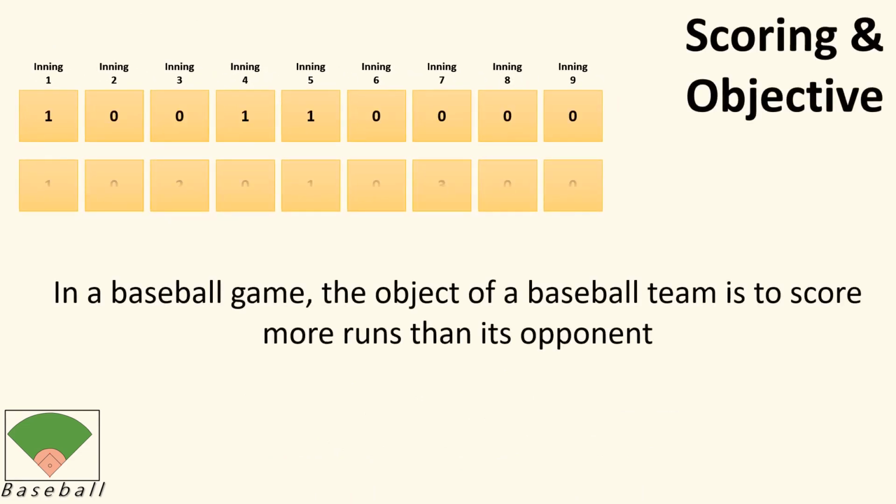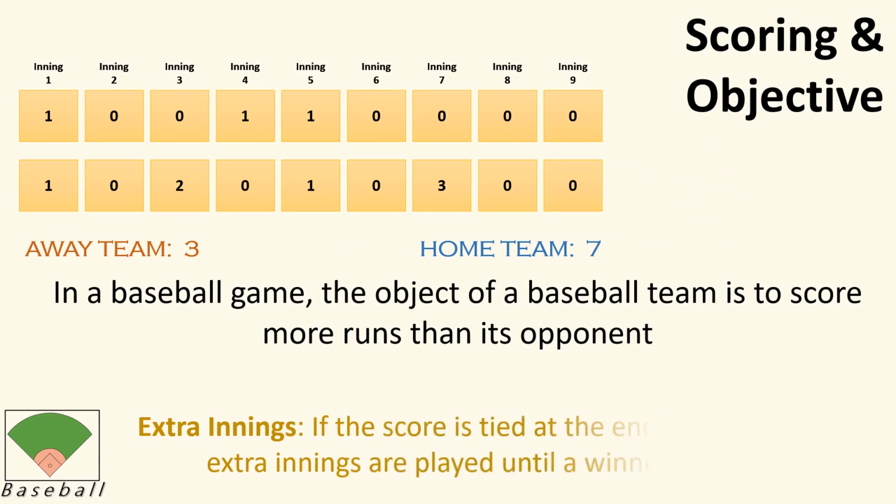The scores at the end of the innings are added to a cumulative score and the team with the most points wins. An inning comes to an end when the fielding team gets 3 hitters or runners out. After 3 outs, the fielding team takes their turn to bat and the batting team takes their turn to field. At the end of the 9 innings, the team which has the most runs wins the game.